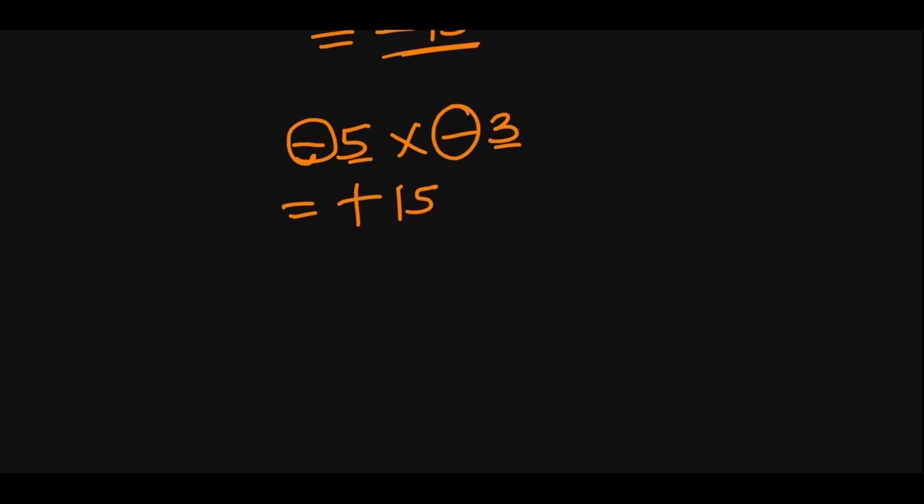Now, what if the two numbers have minus, just like we did when we were doing addition and subtraction? Minus 5 times minus 3. Now you multiply the two numbers as usual, 15. Then minus multiplying minus gives you plus. So in multiplication, if the two numbers have minus, you multiply the two numbers as usual, the minus becomes plus because minus times minus gives you plus.